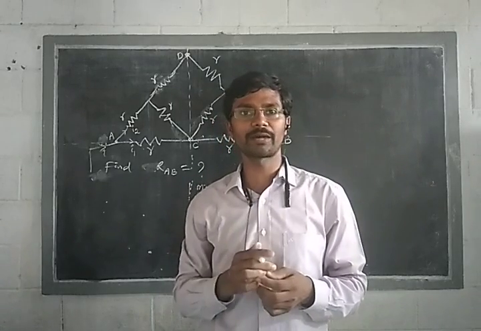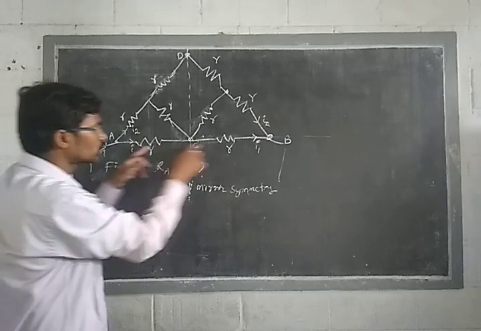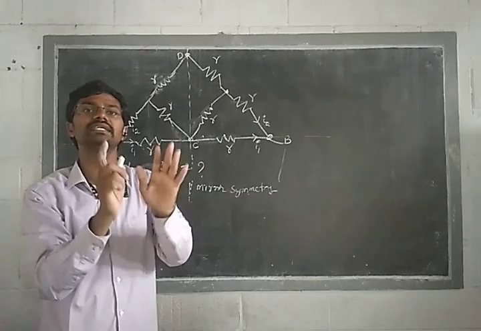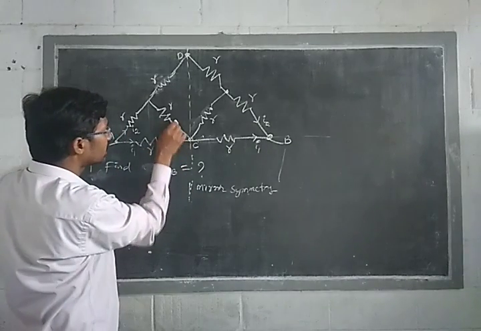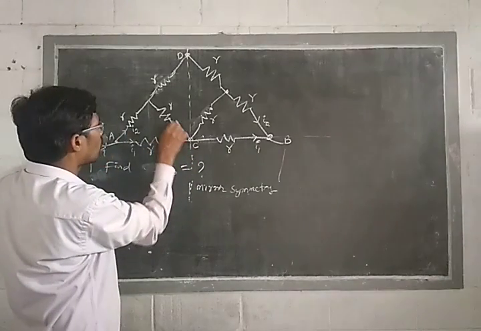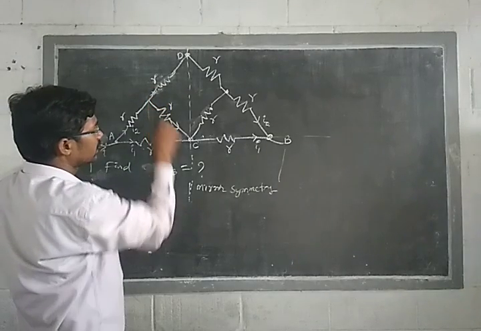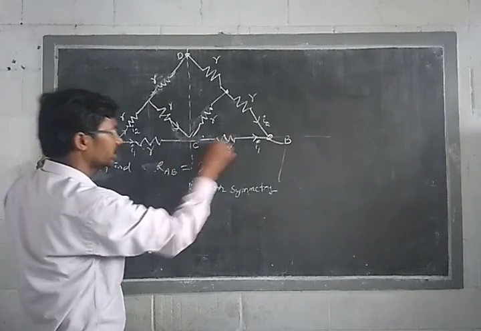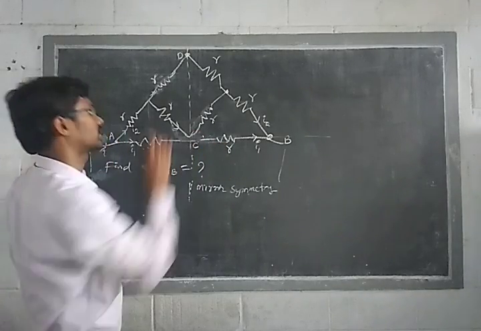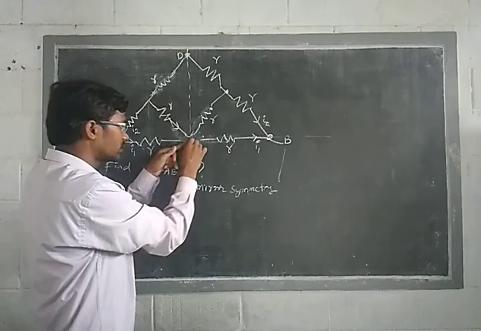Yes, series combination. So these two resistors are in which combination? Series combination. That means here there is no current dividing. Whatever the current is, if it is I2 here and I3 here, then you can remove this contact because the same current is flowing. Are you clear, students? Here at this point there is no division of current.